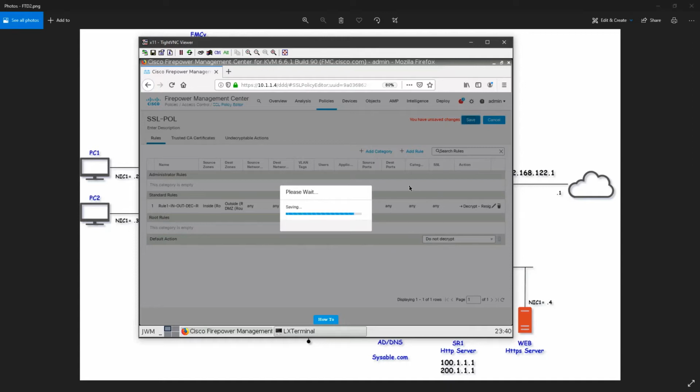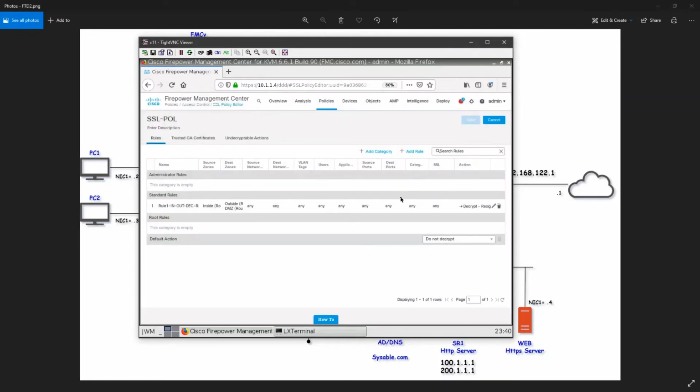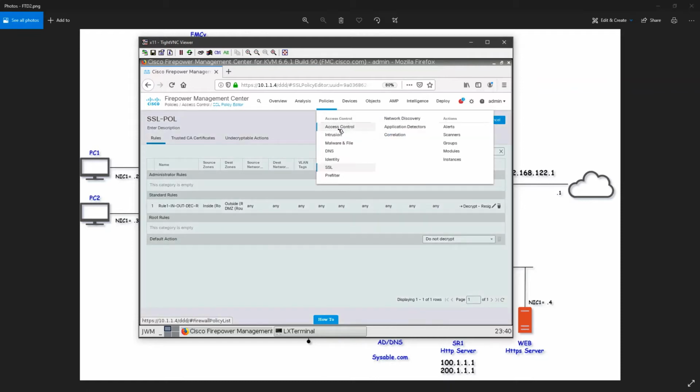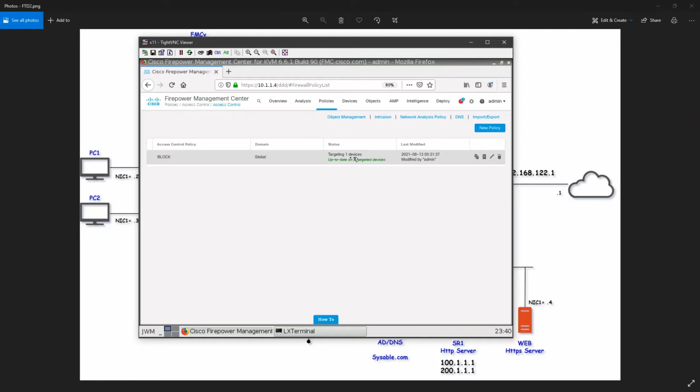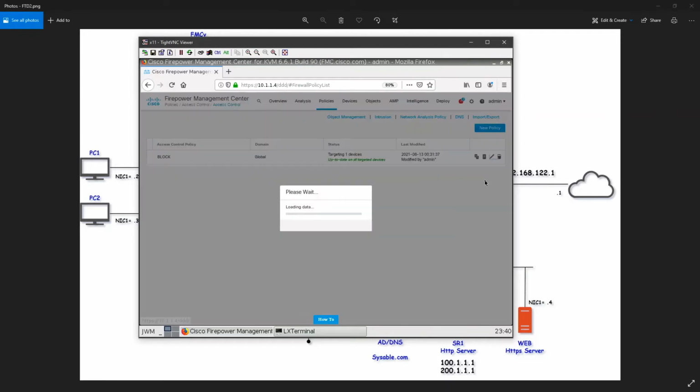So now this policy has been created. We have not applied it to any access control policy yet. Keep in mind, if this is a hierarchy, it will apply to the policy, not to the individual rules. That means if I apply this policy to an access control policy, it will affect all the rules in that one.